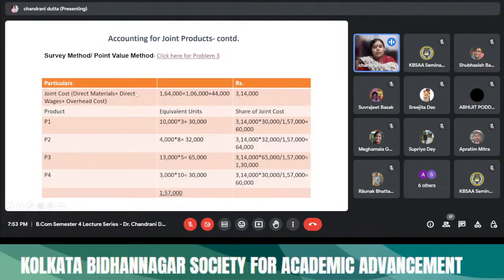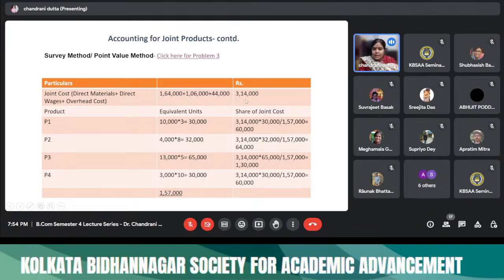So joint cost, the aggregate of the 3 heads, material, wages and overhead, comes to 3,14,000. So just as I was saying, P1 equivalent units 10,000 into 3 is 30,000, P2 4,000 into 8 is 32,000, P3 65,000 and P4 30,000. So we have got the equivalent units; here I am not calculating total units, the total equivalent units come to